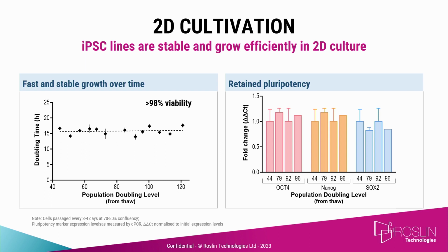Other data takes our population doubling levels up to over 400 times, but this particular cell line shows stable growth and stable pluripotency, the main pluripotency markers over time in the culture environment. And that helps me from a process development perspective, because it really means I'm starting with a good cell line. I'm starting with a really good material, and that is something you can carry through into industry: your product is only as good as the ingredient you start with. And how you translate that and then build on that is how you end up with a really efficient commercial